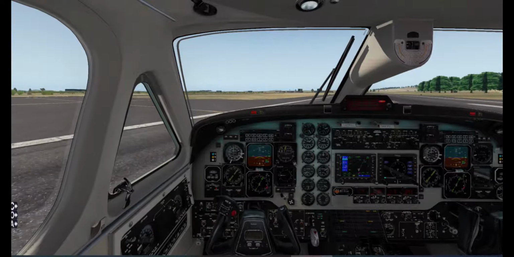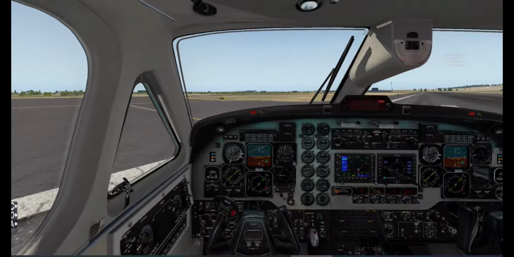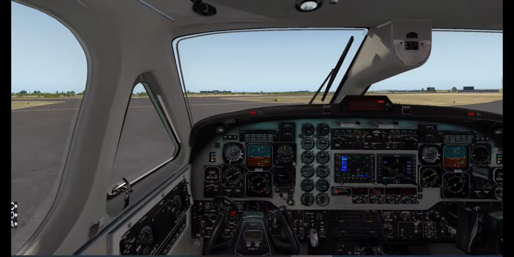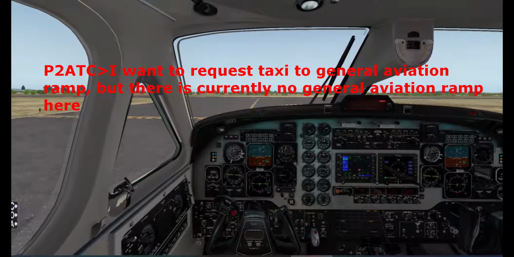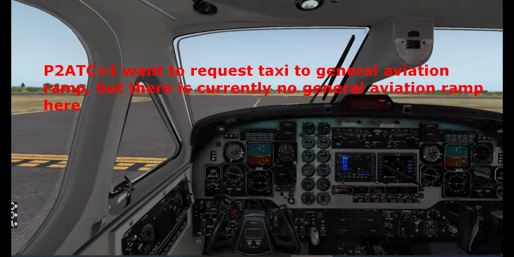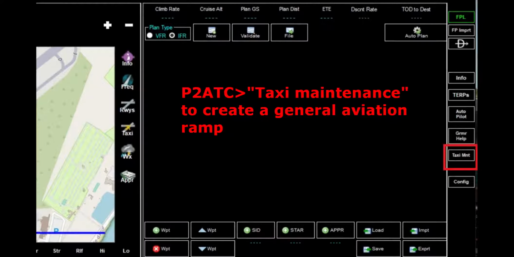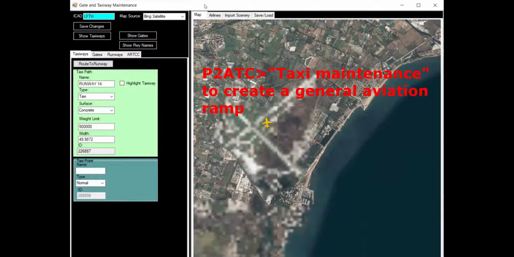As I am not familiar with the airport, I will request through ATC the General Aviation Ramp. In Pilot 2 ATC, there is the Taxi Maintenance tool for editing the runways, taxi routes, and gates.